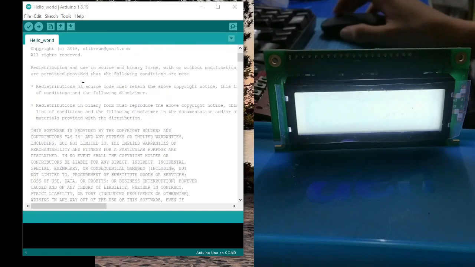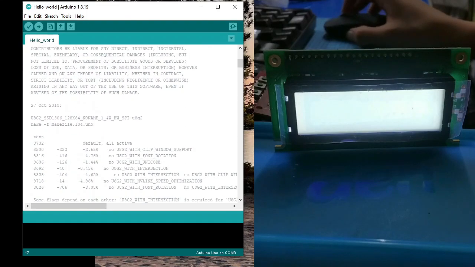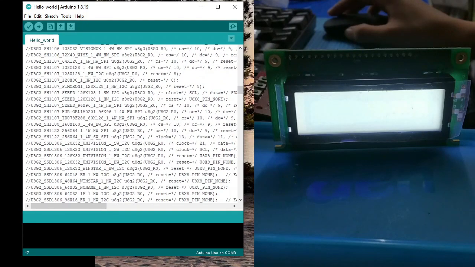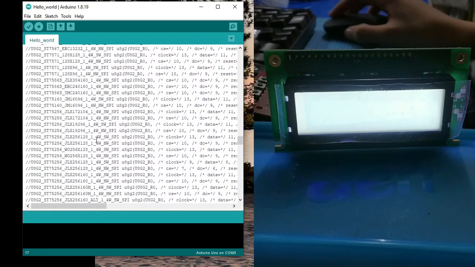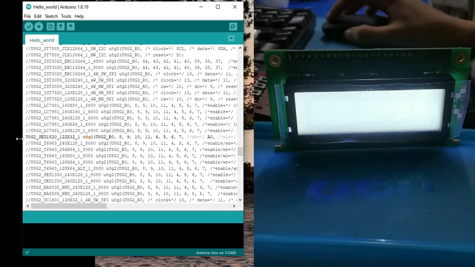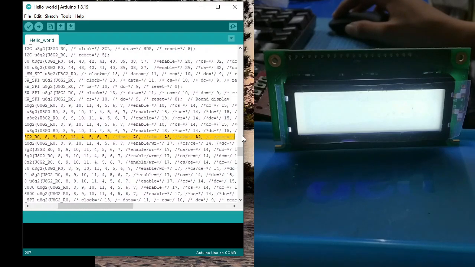If you are using the example from the U8g2 library, kindly uncomment the pin assignment for the device. It's U8g2 Z152122. Here I uncomment the line. That is one of the devices that has the same pin configuration for the